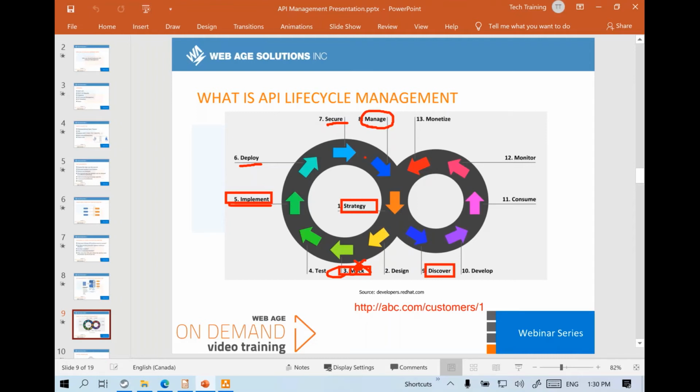Once APIs are developed, how do you find out what APIs are available to you as a developer? What are the features of those APIs? When to call what API? So you need to create a documentation of your APIs, so service discovery needs to be implemented. And then after you have discovered your service and started using it, you can monitor your services. Like who's using what API, how many times the API is called, what API is not popular. So you can monitor your services after they are being consumed by your developers and so on.